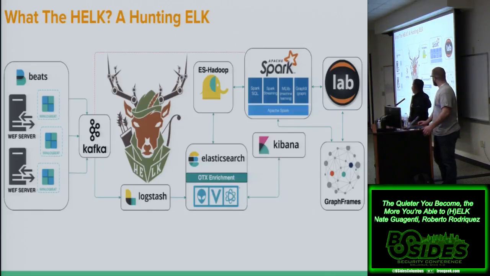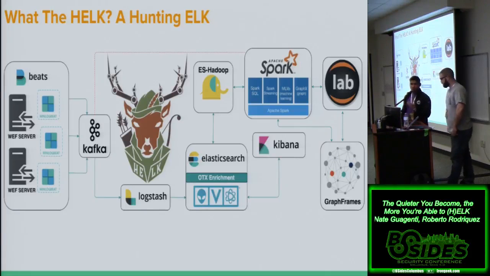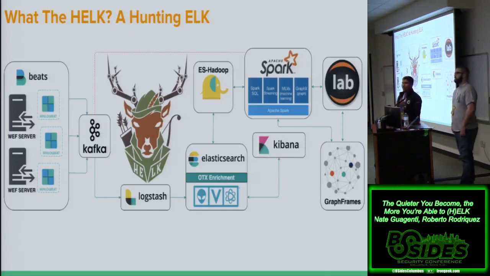Something I experienced with having Winlogbeat across all my endpoints is the amount of CPU that it takes. So that's also something you have to test. Every time, for example, Winlogbeat wants to talk to Kafka and Kafka is not available, the CPU goes up, because it freaks out and says, I need to talk to Kafka. It just starts trying to talk, and that is going to kill your CPU.